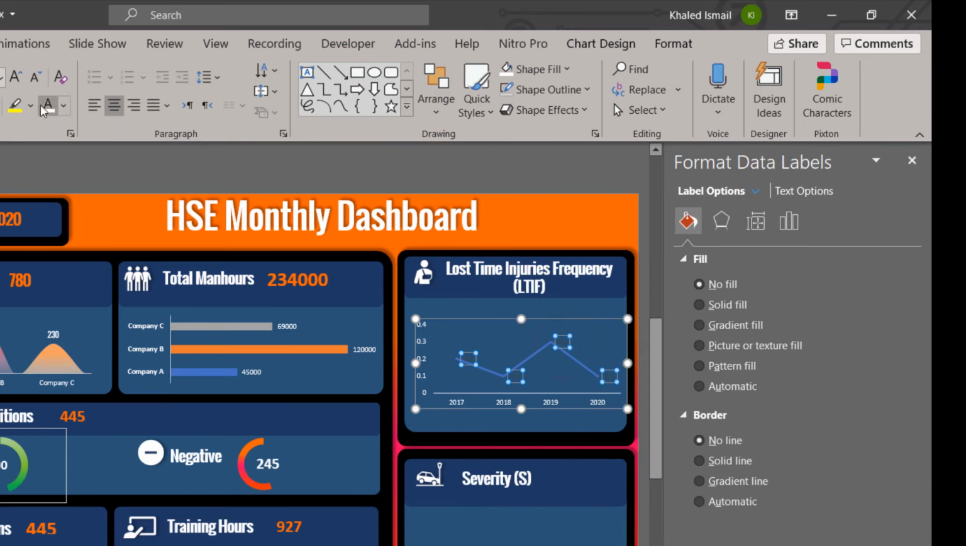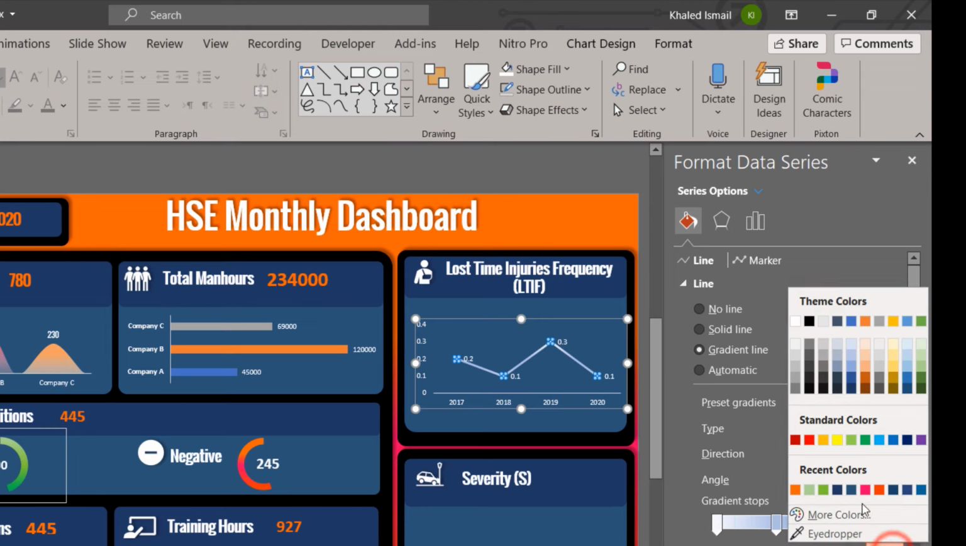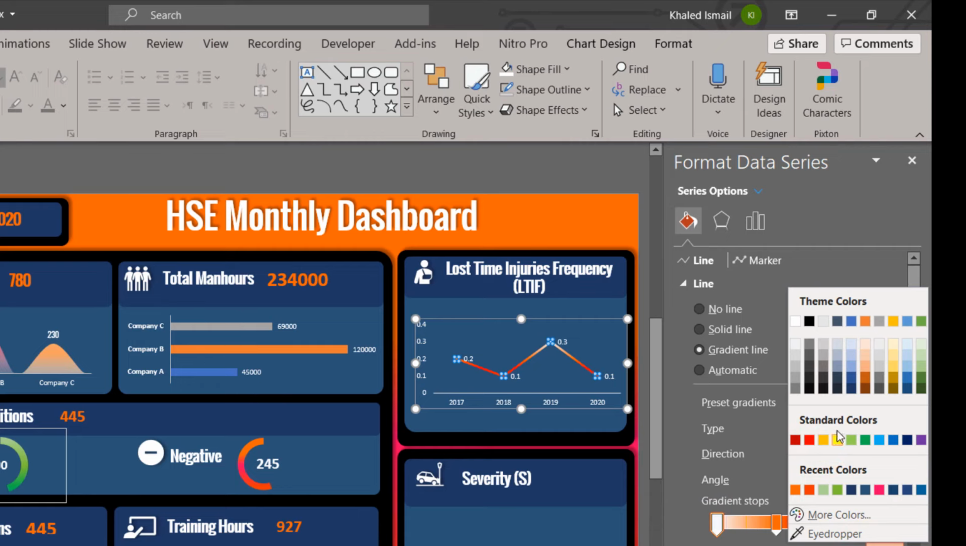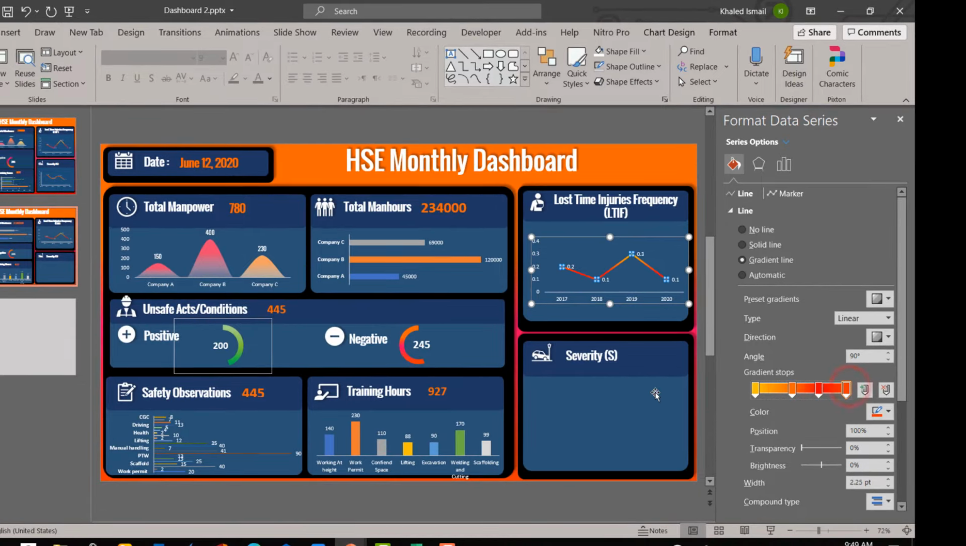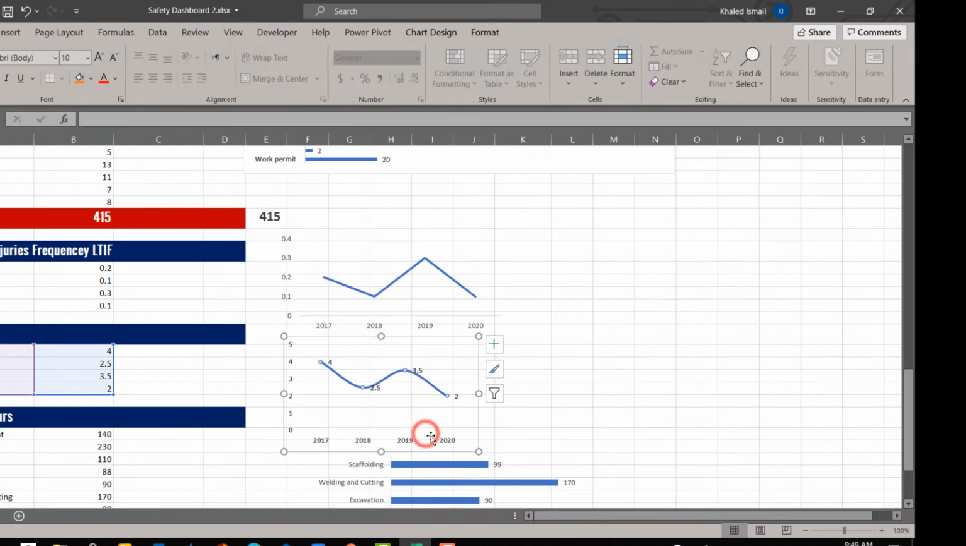It was missed the first time. Okay, and we can modify its color, make it a gradient line. It's up to you. Change the line color. Here are a few mini stoppers. You can take the first one, the second one red, the third one orange, and here orange, light orange. Okay, this is for lost time injuries, and the last chart, our severity,